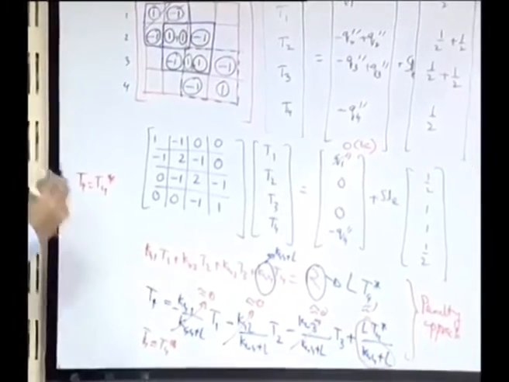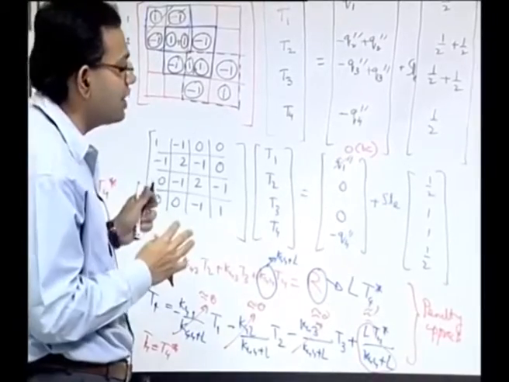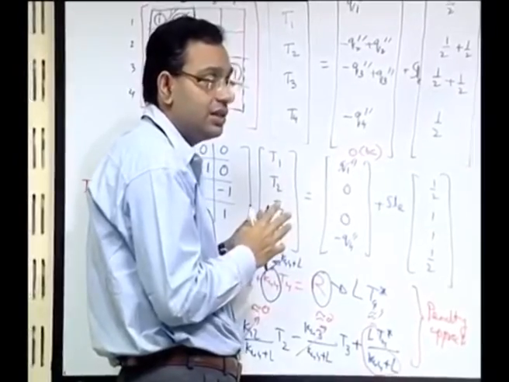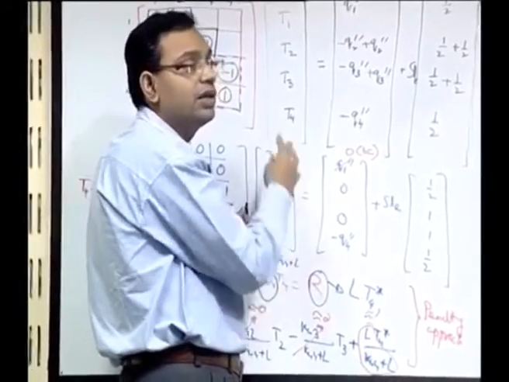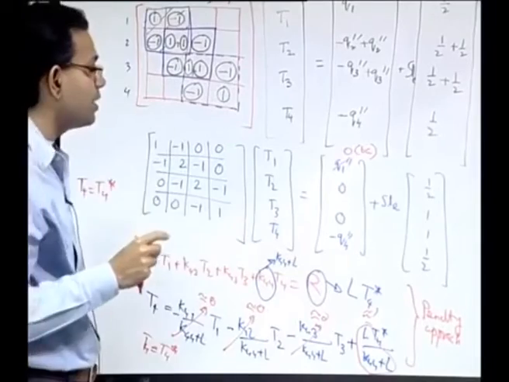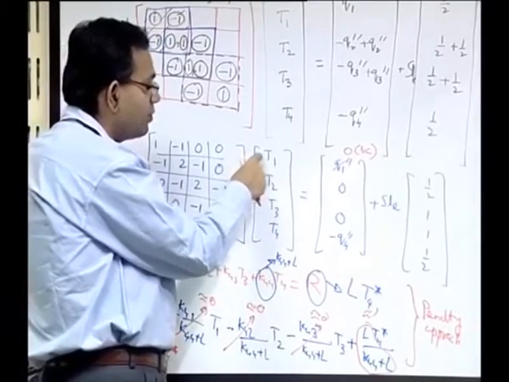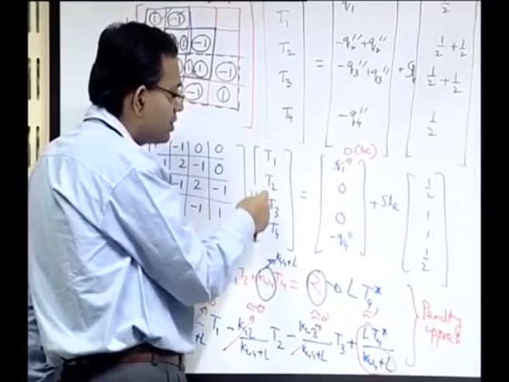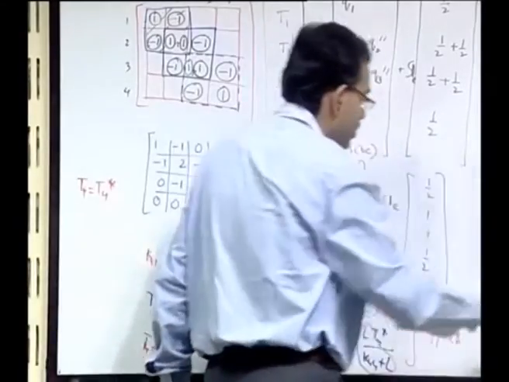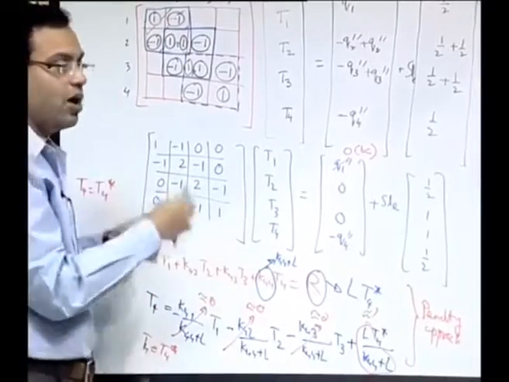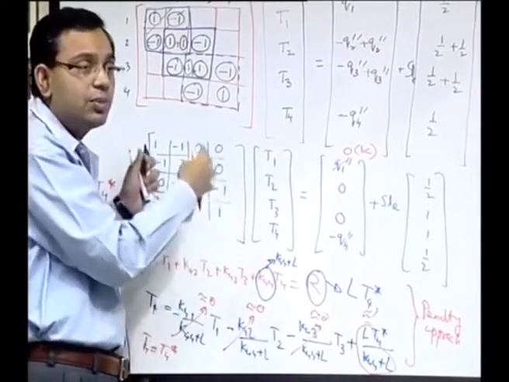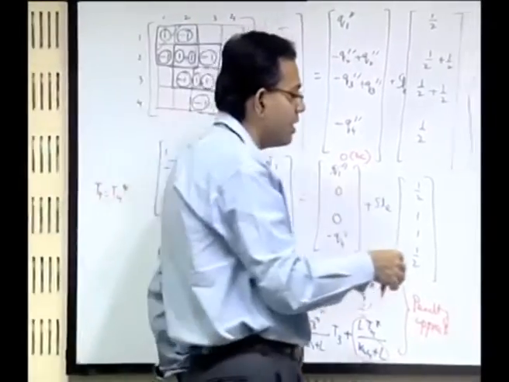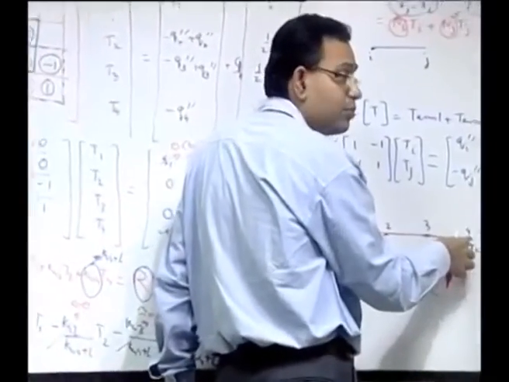So, to sum up what we have achieved by this time, we could convert the governing differential equation into a system of algebraic equations. The system of algebraic equations is in the form of KT equal to F, where T includes the temperature at the unknown points. So, the next problem boils down to the solution of the system of algebraic equations. Once you solve it, you get the values of temperatures at the discrete points.